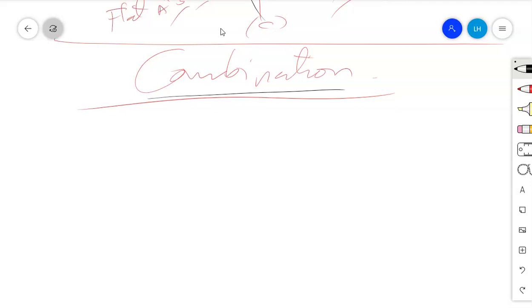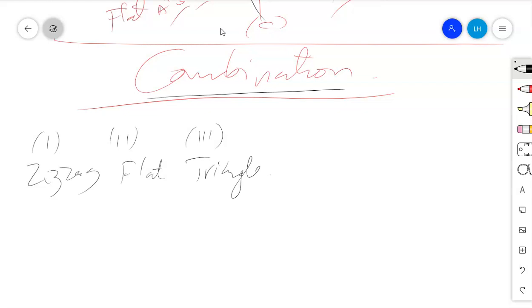you can have the first corrective structure, let's say it is zigzag. The second structure can be flat, and the third structure can be triangle. Anything can happen there, but we don't expect to have triangle as the first corrective structure. The first corrective structure can be flat or zigzag, but cannot be triangle. Usually triangle stands as the last, the final corrective structure.